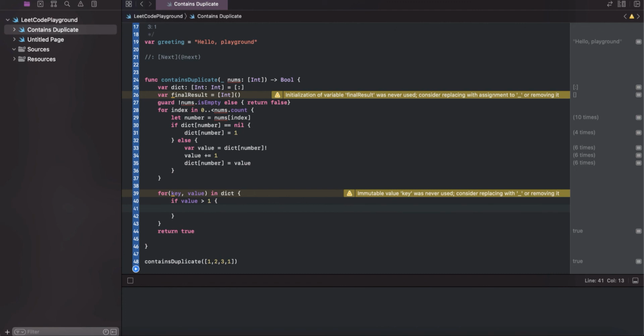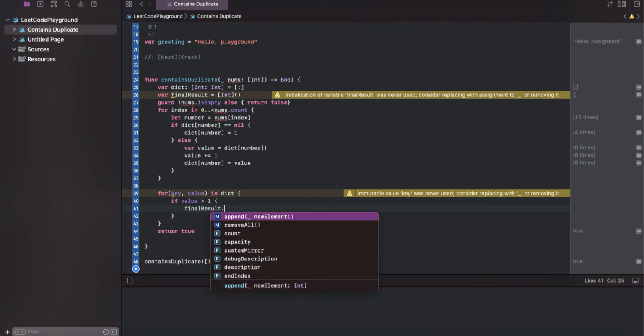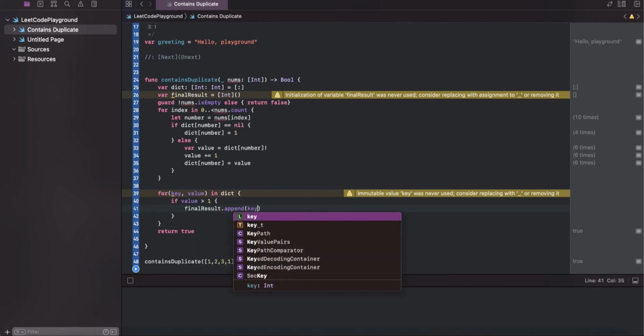So if it's greater than 1, we need to append the key to the final result. So we will do final result dot append the key,